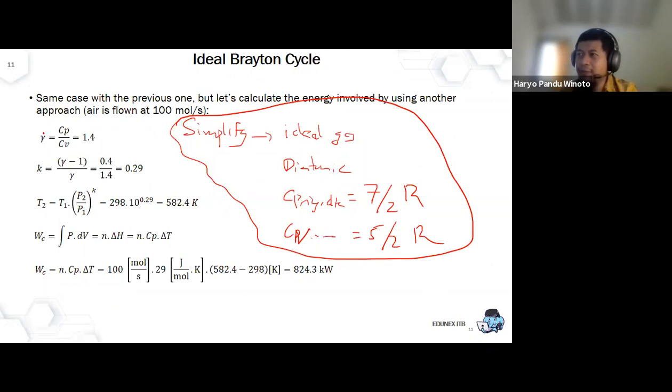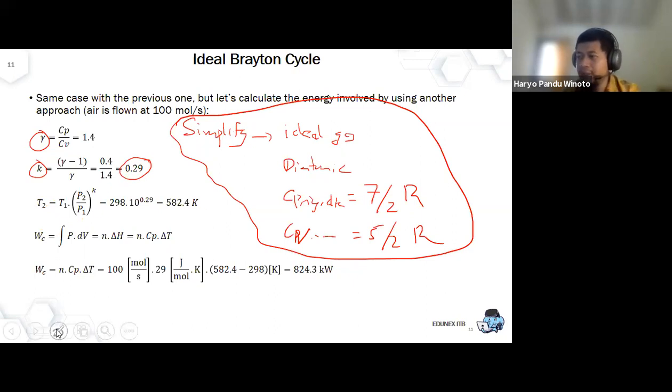You have gamma in here, and then you have the K in here. I believe you have already studied this one. K is equal to (gamma minus 1) over gamma. It's found by thermodynamic scientists. For ideal gas, it's going to be like this. Then why do we need to get this one?